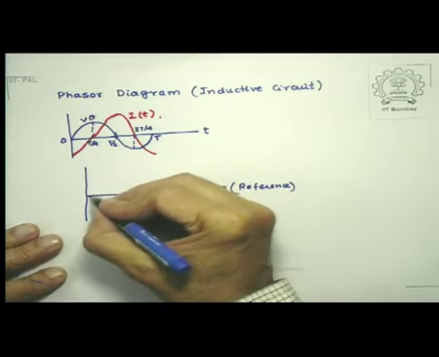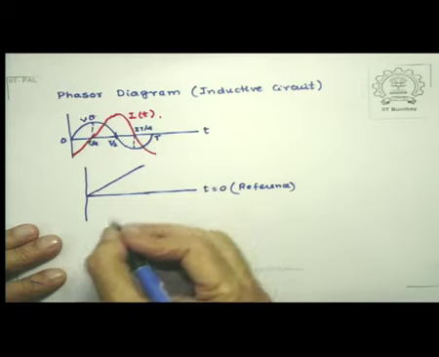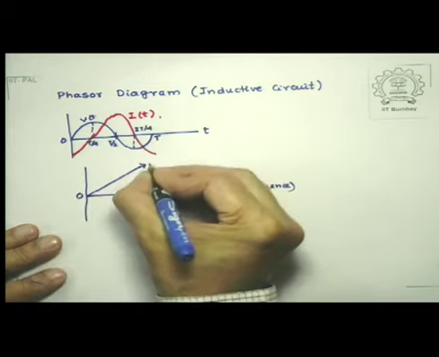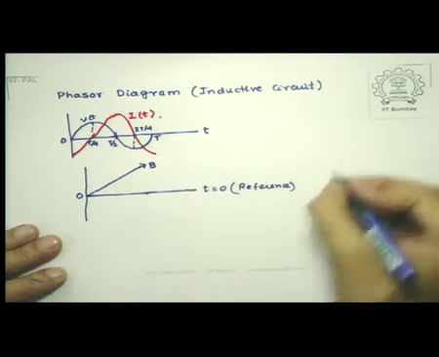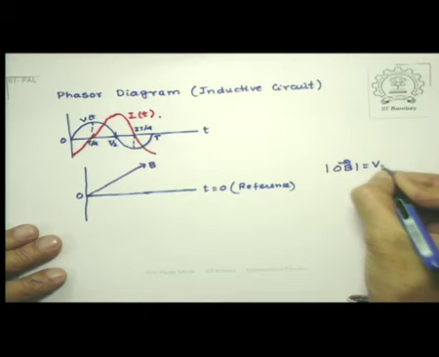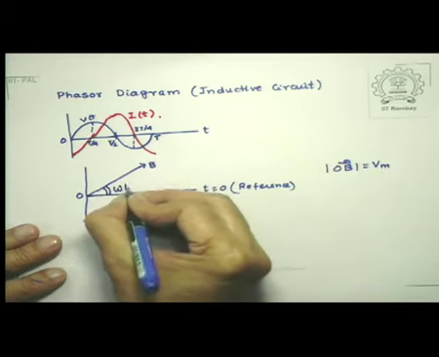The voltage, which has a magnitude Vm, is a vector of length OB. So once again, OB magnitude is equal to Vm, and at time t it makes an angle omega times t